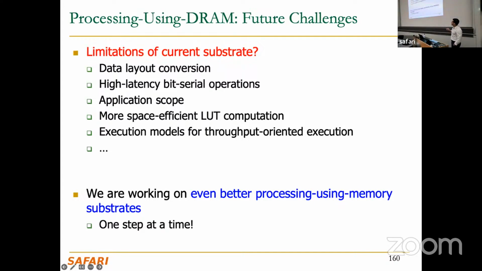So the other problem is high latency for bit serial operations. As I mentioned here, multiplication and division scale quadratically with the target bit precision of your computation. And this basically means that the latency is going to be quite high for those operations. So we also did some work together here with Mayank that looks into alternative implementations of those microprograms that can lead to more efficient multiplication or division operations as well.